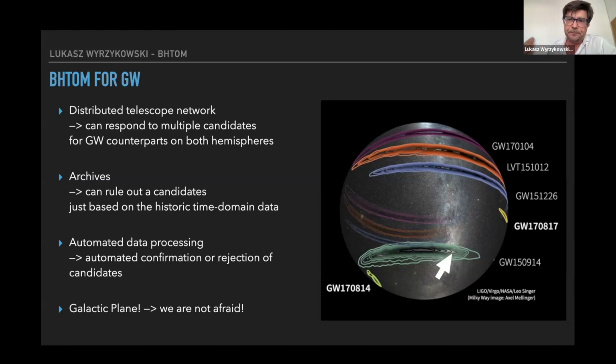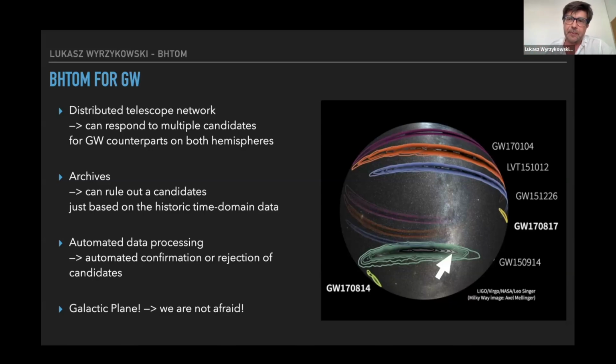So the targets can be added, and as I said, we cover all hemispheres, and then the next step is that every target you've added can be checked if it's been doing something in the past. So you can quickly look up what was the history and what was the historic time domain data. And of course, there is an automated data processing.